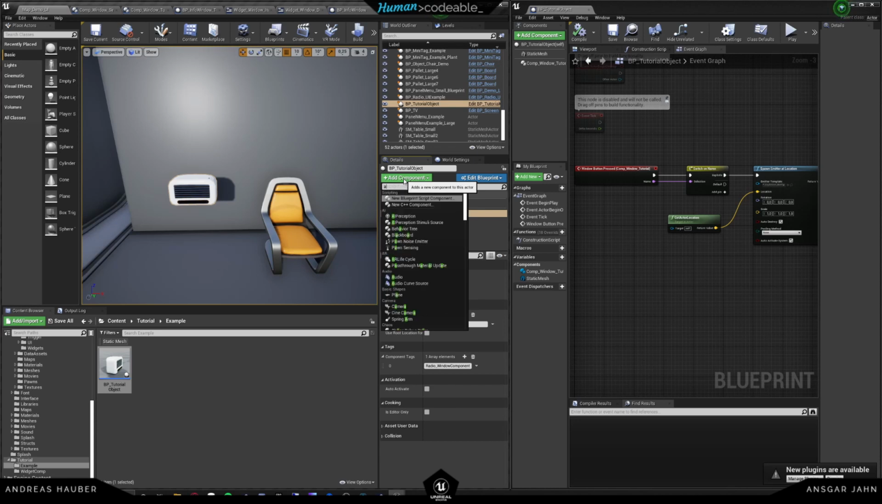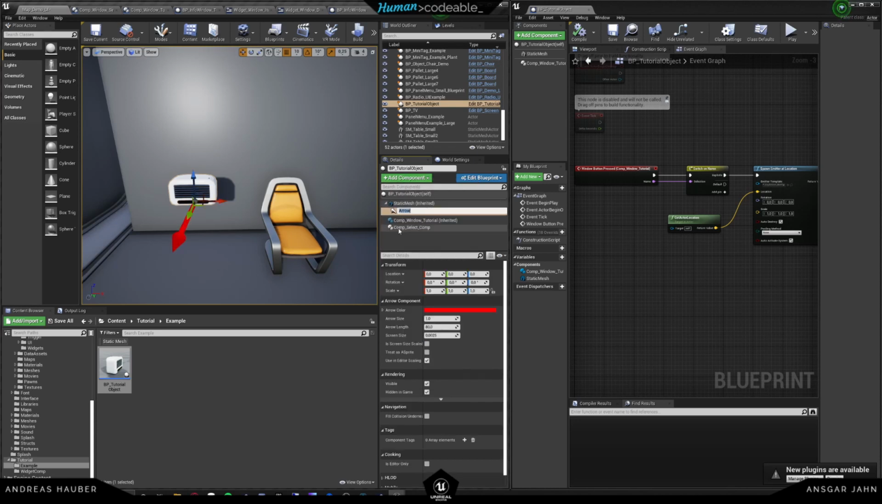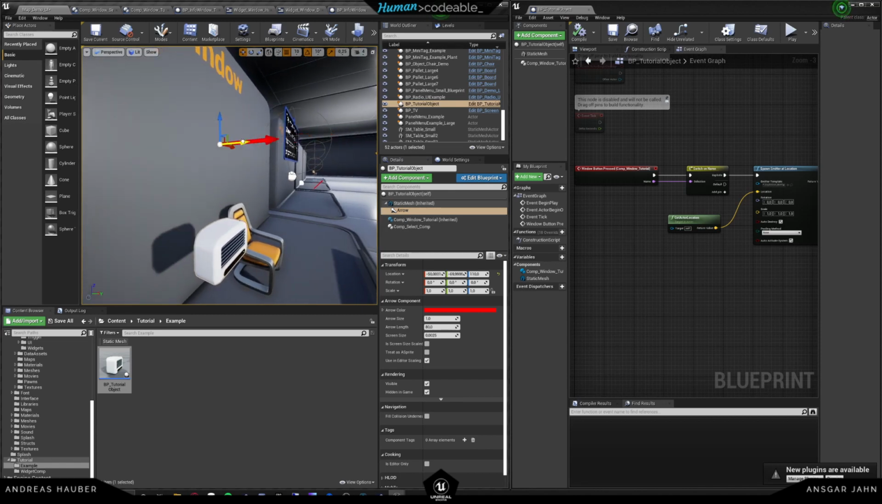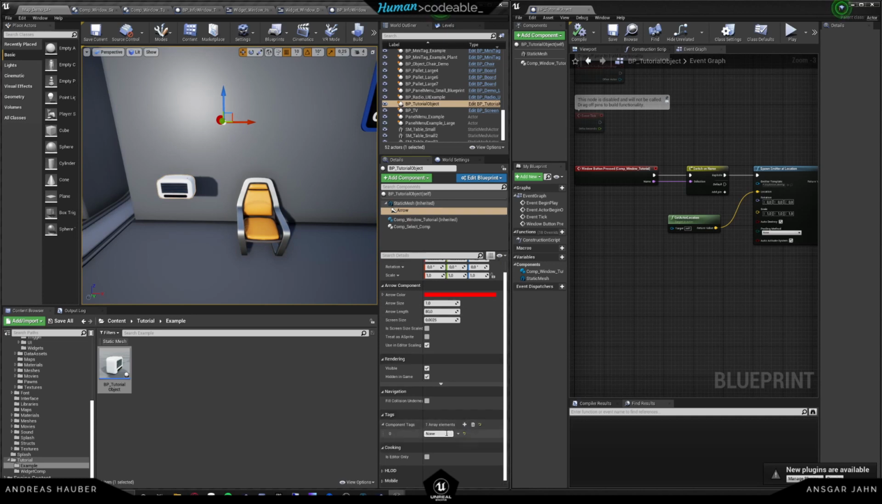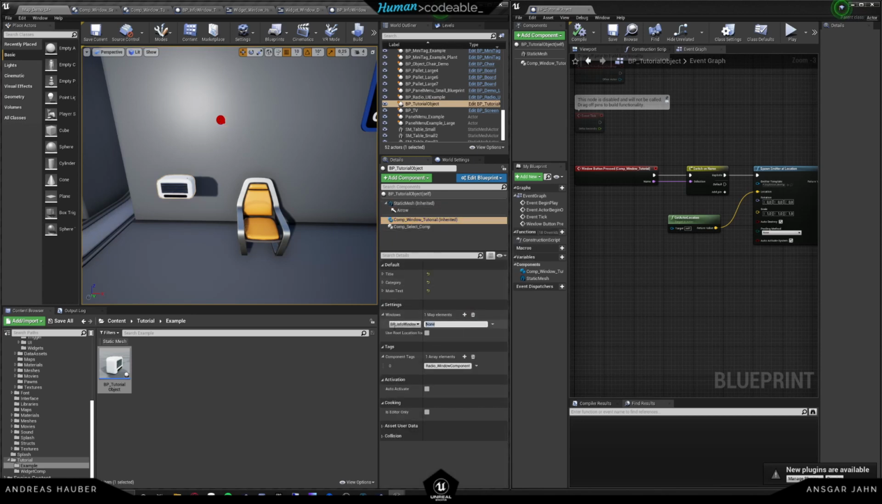So I will add a scene component to the world, and this is going to be that arrow, and I will position that scene component somewhere, and I will give that thing a tag and call it, for example, window position. The name you can choose by yourself. We just have to copy that name, and in the tutorial we can set the